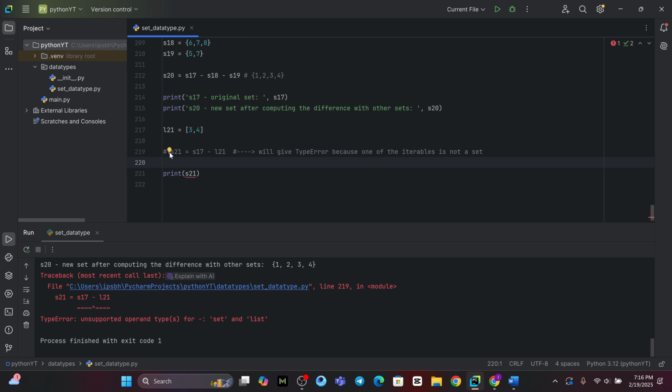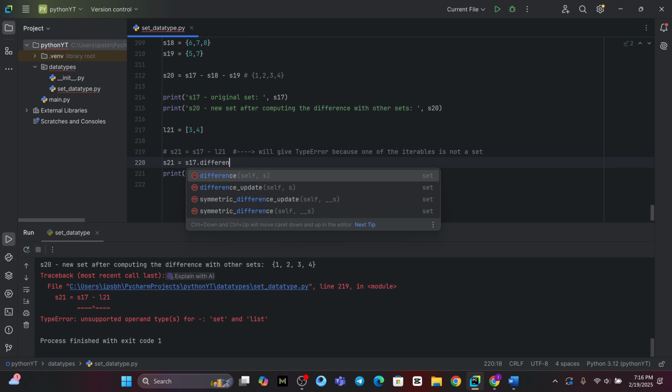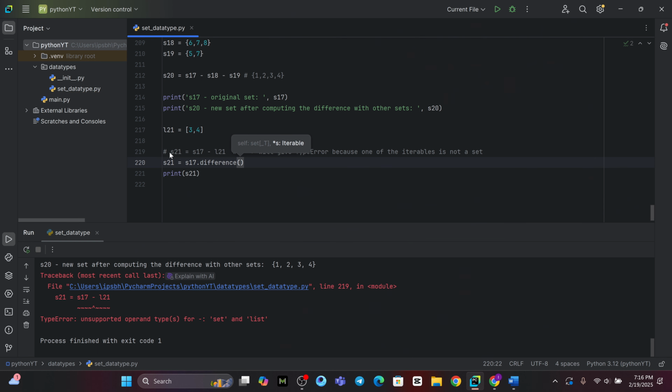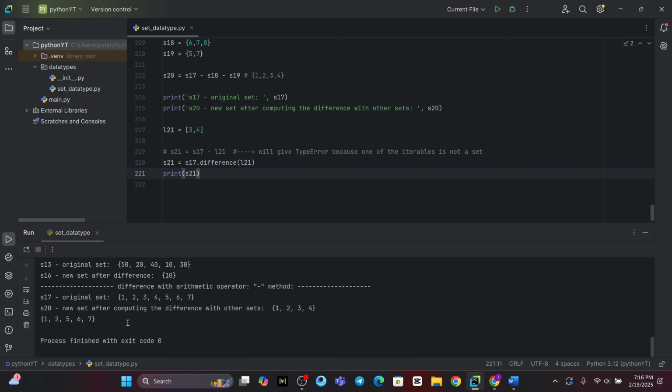But on the other hand, quickly I can show you that S21, if I say S17 dot difference of L21, this is going to work. The minus was not working, but difference will work between different types of objects, a set and a list. And now if we print S21 here, and let us try to run it. So see, it is working. This 1, 2, 5, 6, and 7 is the output of this line 221,